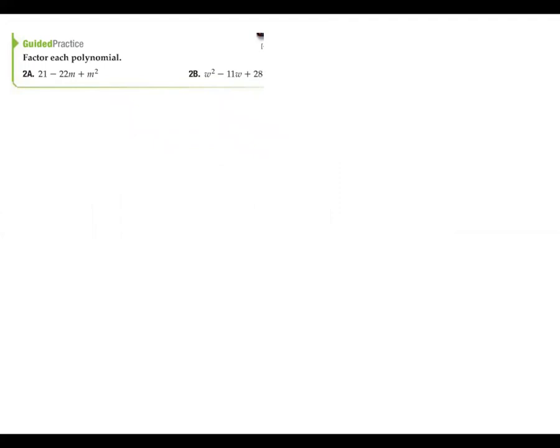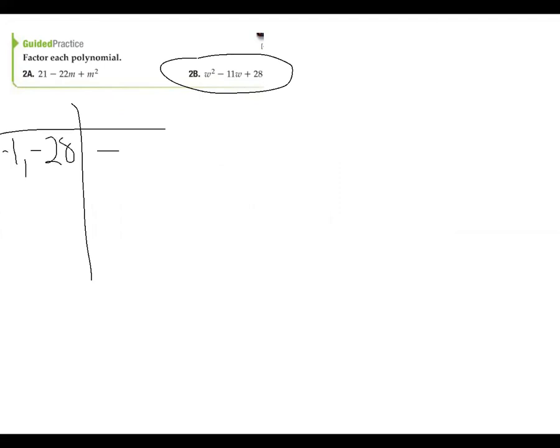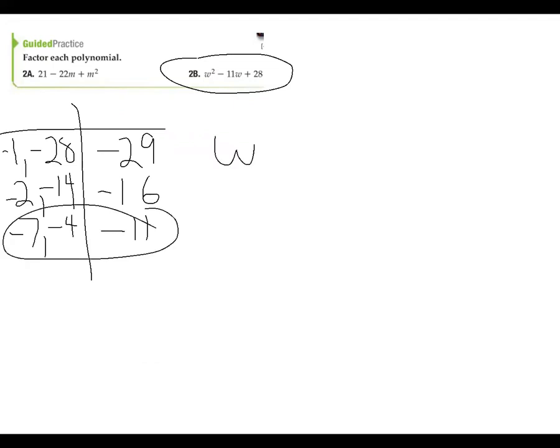Okay, this one, all right, got to get factors of 28. So -1 and -28, that gives me -29. -2 and -14, that gives me -16. -7 and -4, that's going to give me -11. So that's the one I want. So it's going to be w minus 7 times w minus 11. And again, if you FOIL that, you would get w times w is w squared, and then you'd have -11w from the outers, -7w from the inners, which,